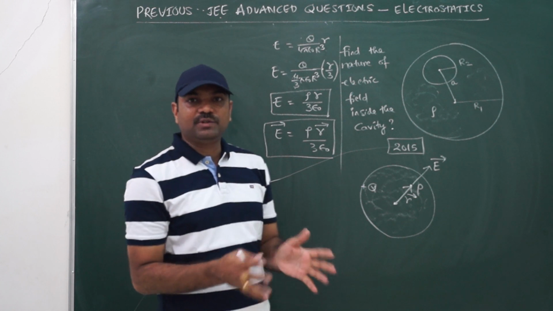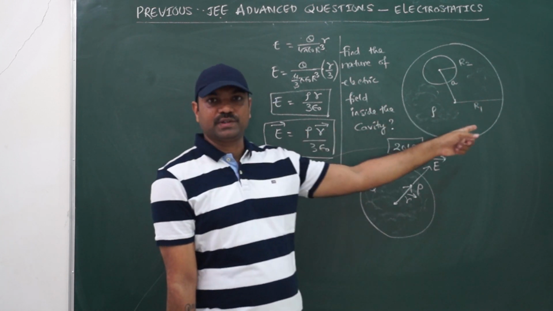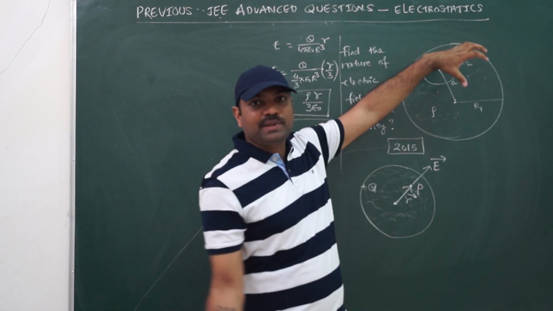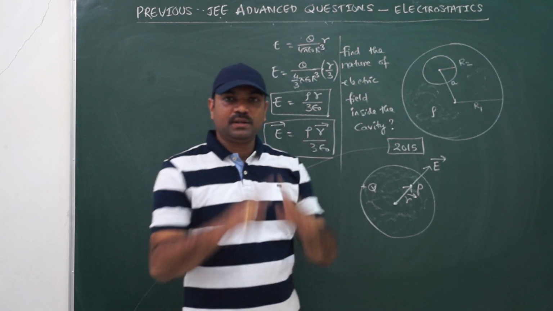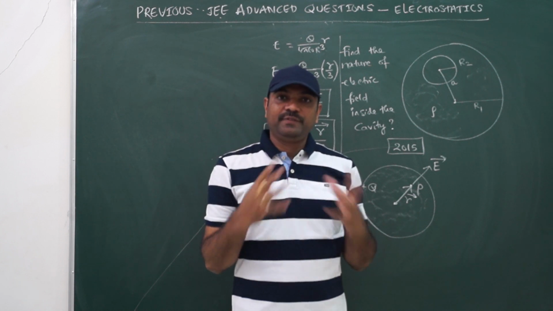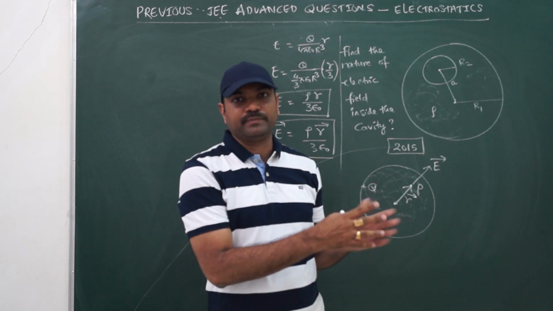So basically you require this idea, or this formula, to solve this question. Okay, so then how to do it? Let us see. Now what does cavity mean? Cavity means we are removing some sphere from the original sphere. From the original sphere we are removing some sphere. So what is the field at any point? I can write the field due to original minus field due to removed.